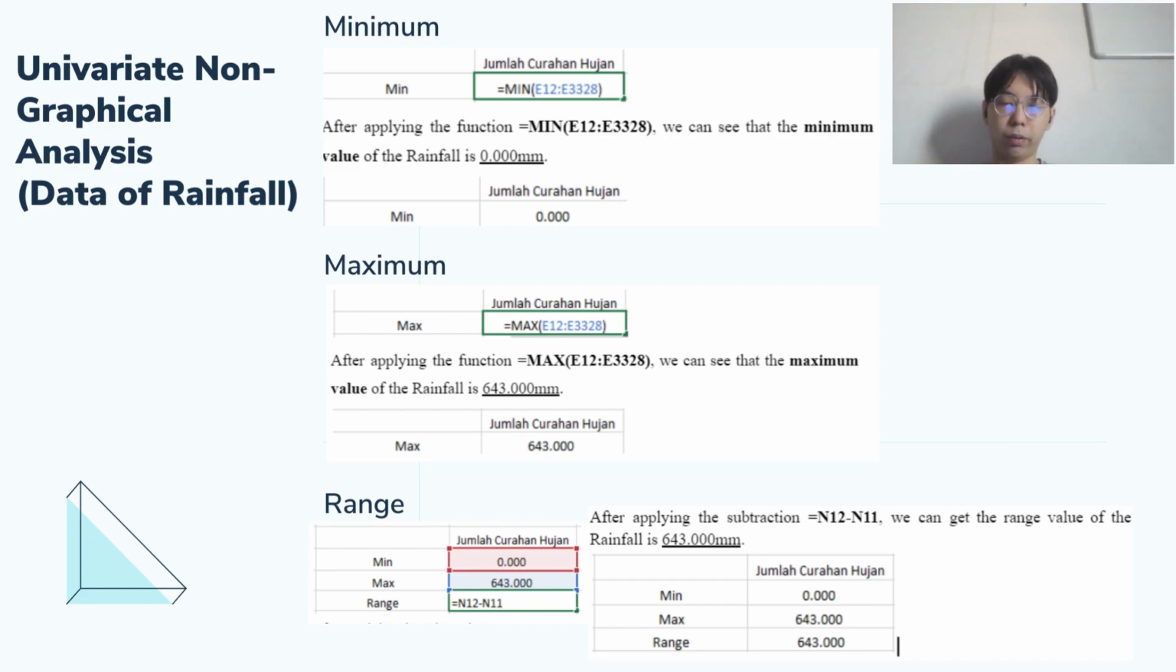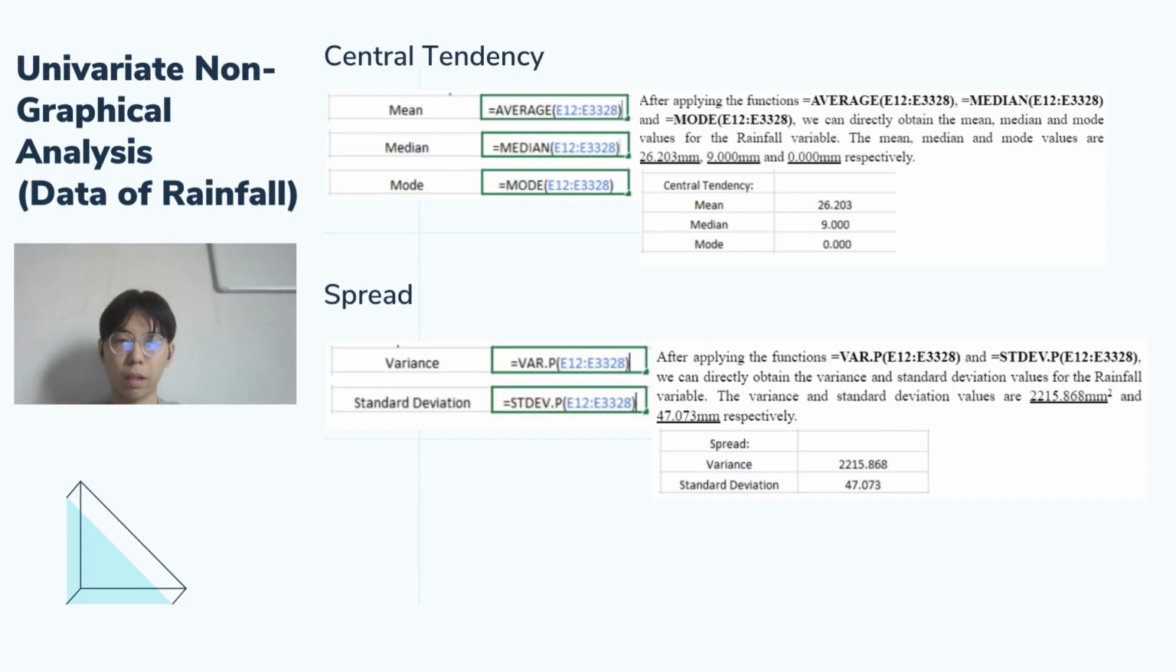After that, we will find the range of the data in the dataset. To do this, we will subtract the minimum value from the maximum value. After that, we will get the range of the rainfall, which is 643 millimeters. After that, to identify the central tendency, we have to find the three components, which are